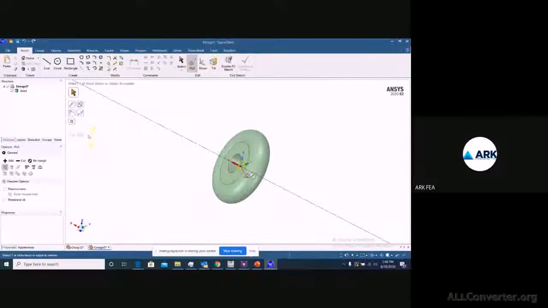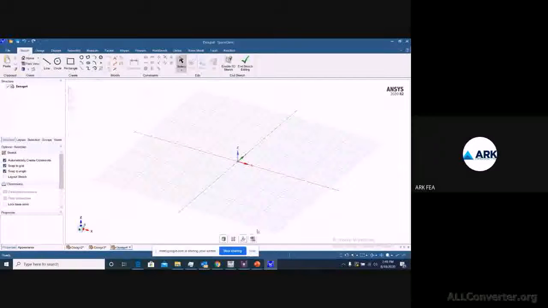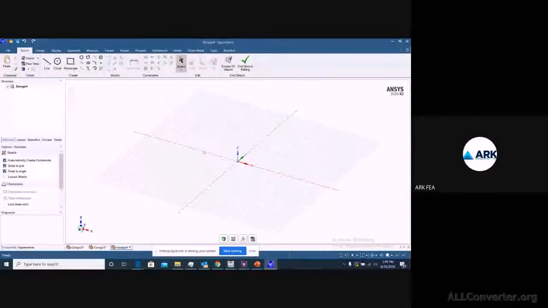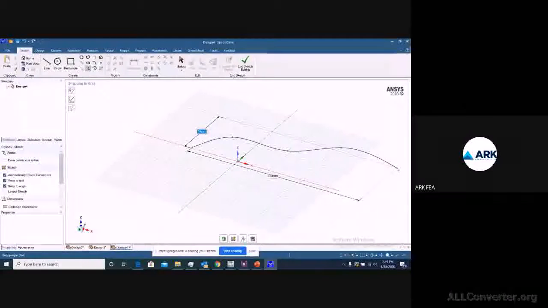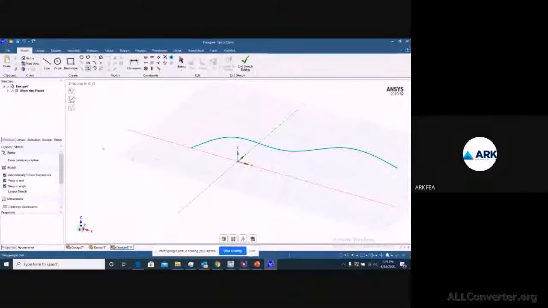The next one we are going to see is the sweep, how to create a sweep body. For that we need a spline, or even a single line you can use instead of a spline.